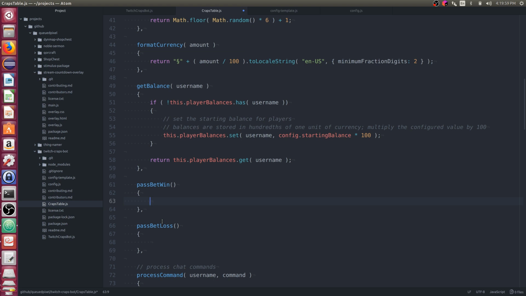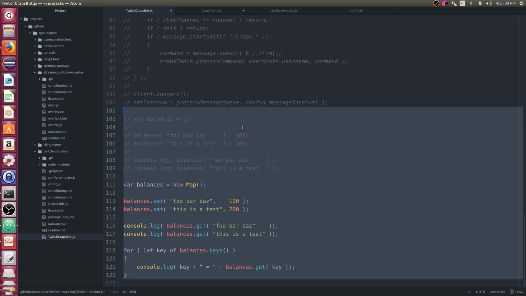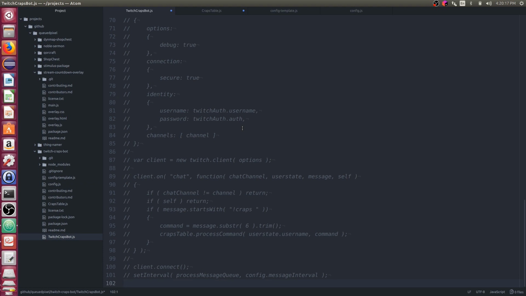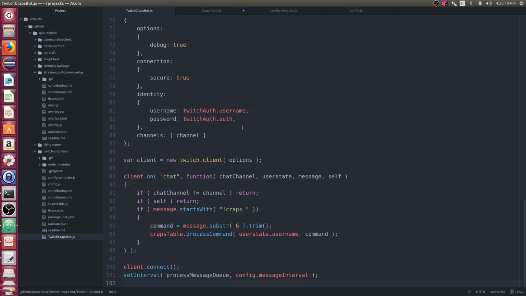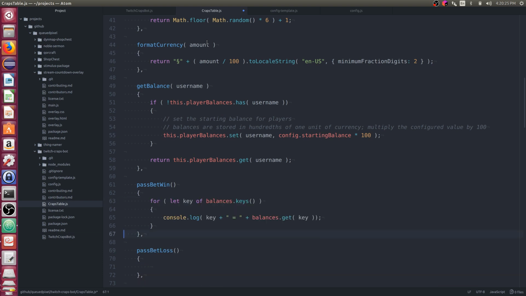We want to iterate over the bets, and I actually have example code for how that might look. Let's go bring that back. Yeah, there we go. So for let key of balances, we'll say username.